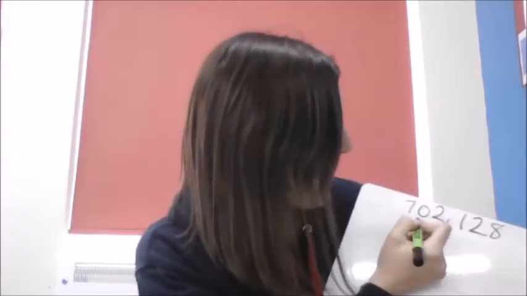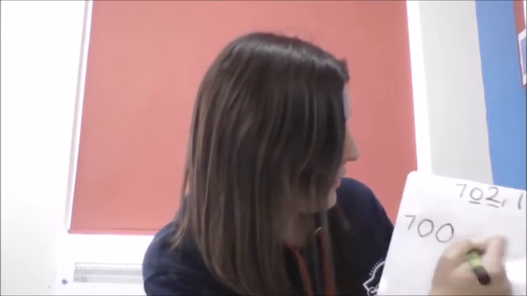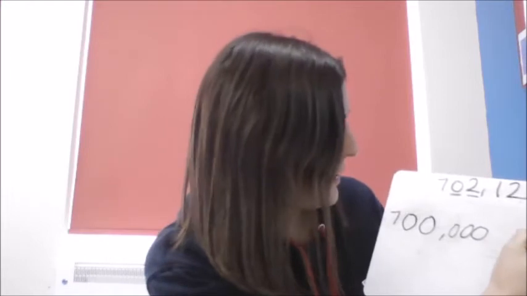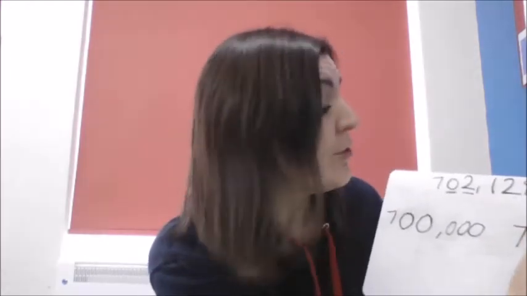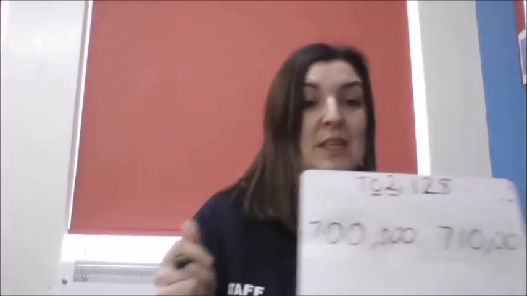So here's my 10,000s column. Okay, and then I've got to use my thousands column as well. So it's somewhere in between 700,000 and 710,000. Okay, so it's somewhere in between those two. Okay, so I'll go next door, it's a 2, so 0, 1, 2, 3 and 4, we round down to